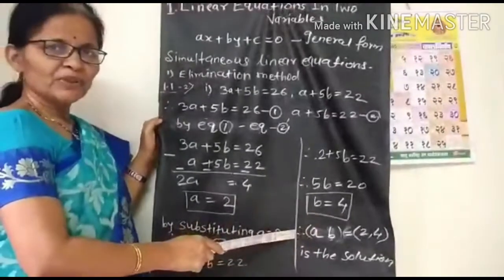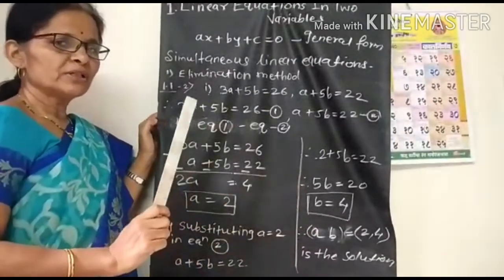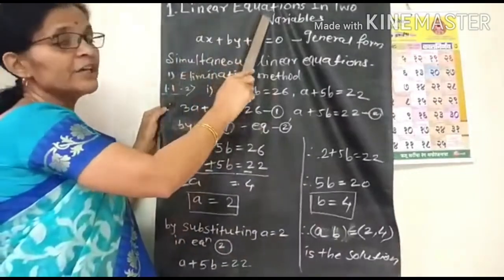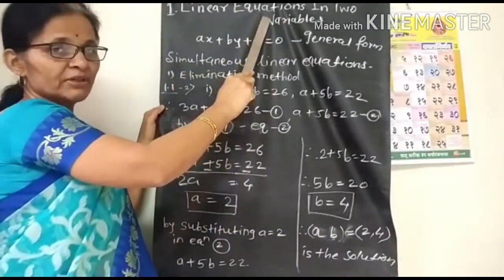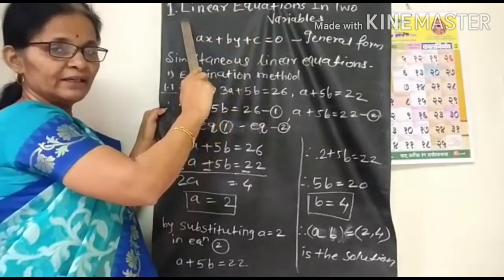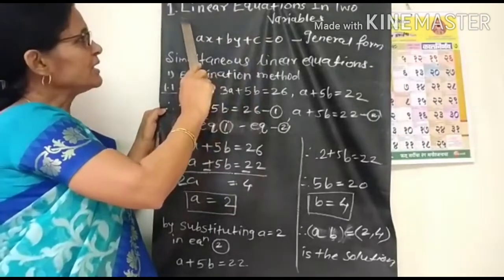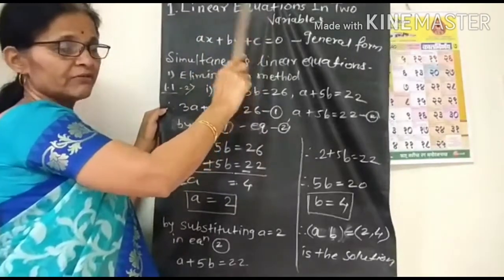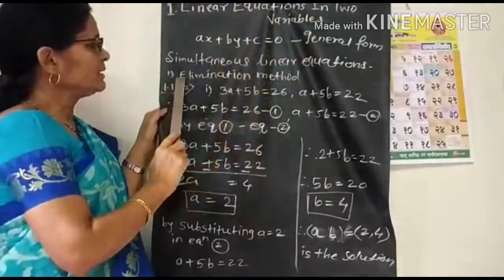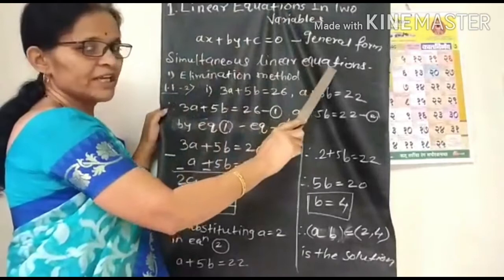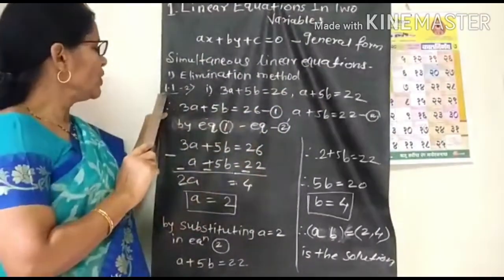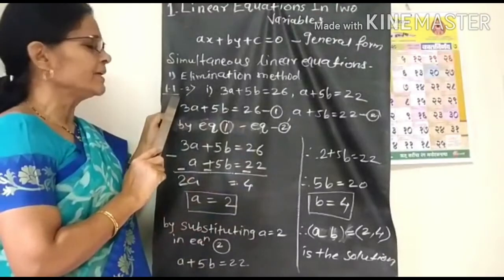Is it clear? Now homework. First you have to write what is linear equation. When you listen to this video, write questions. First read it carefully and then second time you write questions. First, what is linear equation? Second, what is linear equation in two variables? Third question, what is simultaneous linear equation? Then solve the example. And after that, you have to start practice set 1.1.